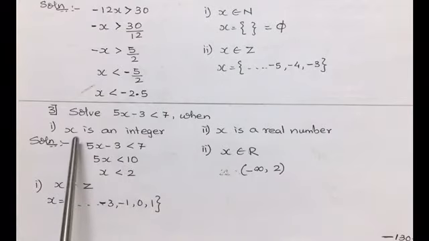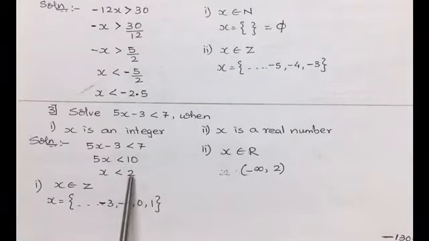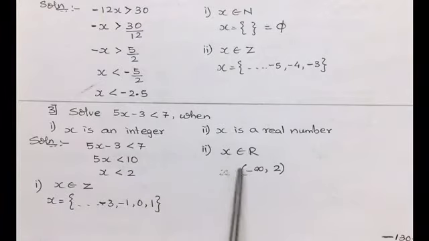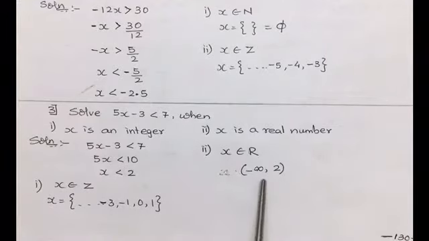Now it is said here that x takes a value in integers or x is a real number. Now x is less than 2 means, in integers, all the negatives: minus 3, minus 1, 0 and 1. We cannot take 2, the reason being the equality sign is not there. So till 1 we can take it, we cannot take 2. When it is in the real numbers, we cannot put particular or specific integers in this form. We have to express it in the form of intervals.